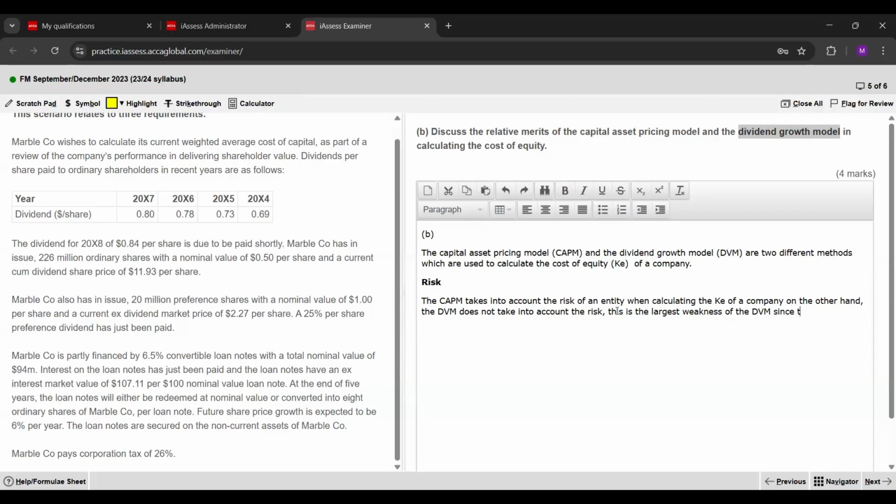Since the return which the investor expects and the risk of a company go hand in hand, the dividend valuation model ignores this relationship between the risk and the return. Okay,